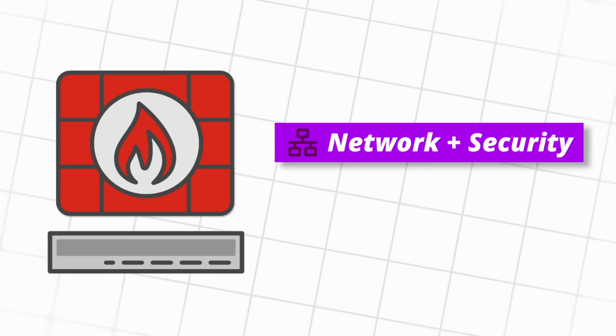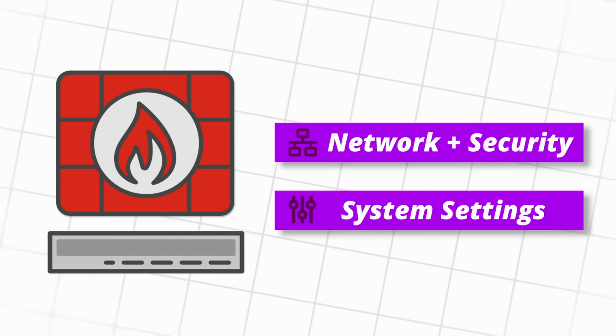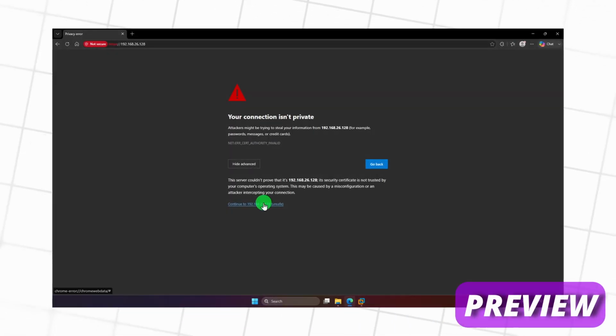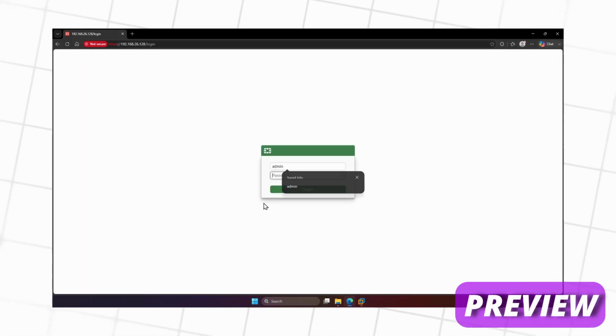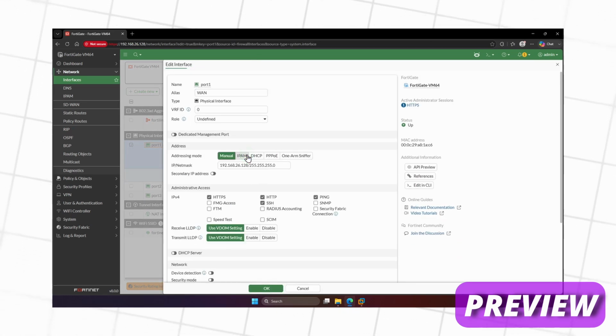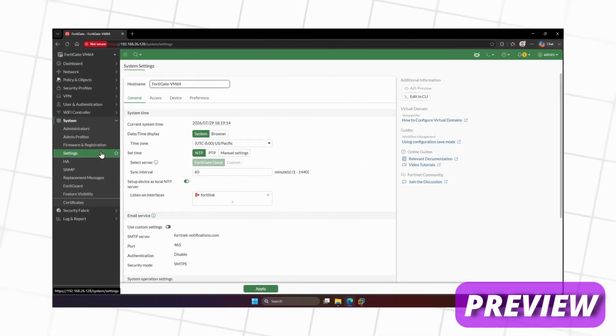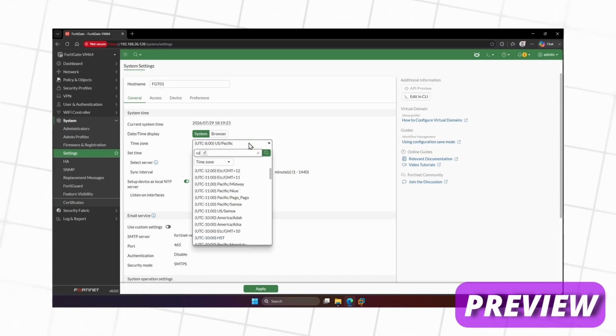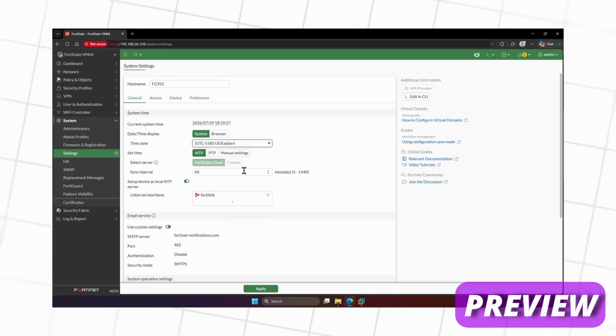Hello everyone. In this video, we'll do a basic initial configuration on a brand new FortiGate, including network and security settings to get end-to-end connectivity and some recommended system settings. We'll check how to connect for the first time to the FortiGate management interface, do the interfaces and static route configuration for ensuring connectivity. We'll also do some system and administration recommended initial settings, like configuring the hostname, time zone,